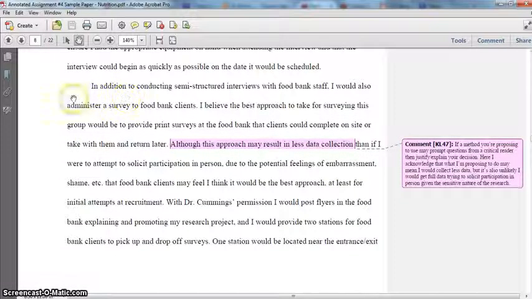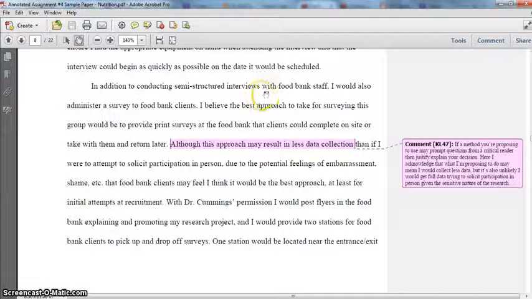Now, in this next paragraph, I move away from talking about the interviews with food bank staff, the semi-structured interviews, to talking about the survey that I administer to food bank clients. One thing that you want to keep in mind is, if you are saying you would want to do a survey or even an interview, you need to indicate the format of that. So would this be something done in person or administered online by email? Is this something you would do through Skype if it were an interview, something like that? So do make it clear the actual method of delivery of this interview, or in this case, a survey.